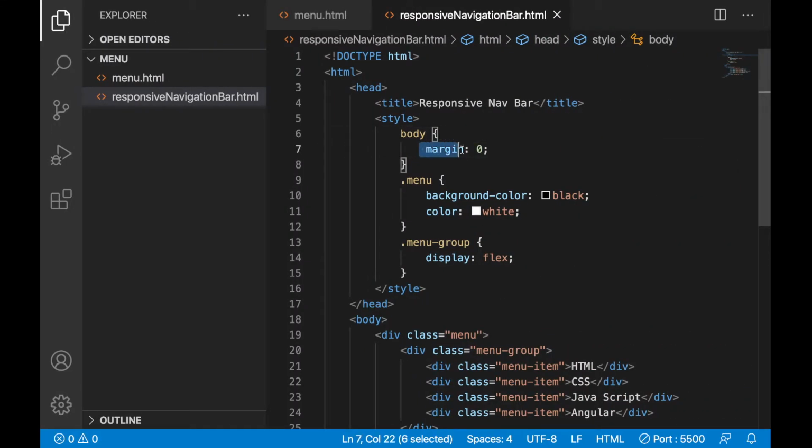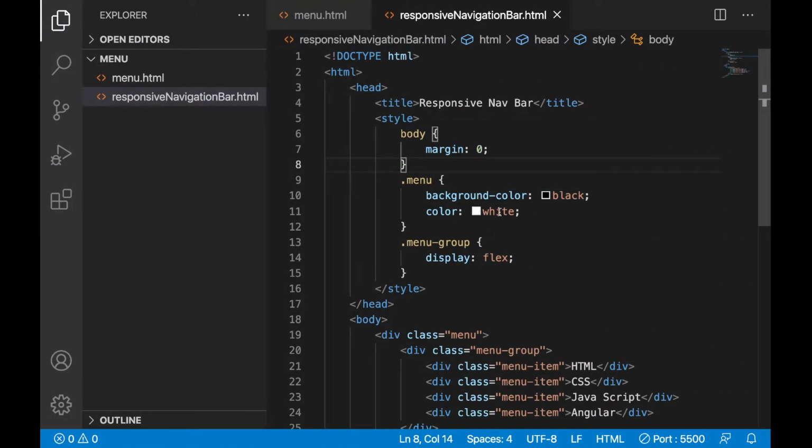For every HTML page, the body will have some margin. To remove that, I have added this CSS. Okay, now each item needs some space around the text, and for that I will use padding.